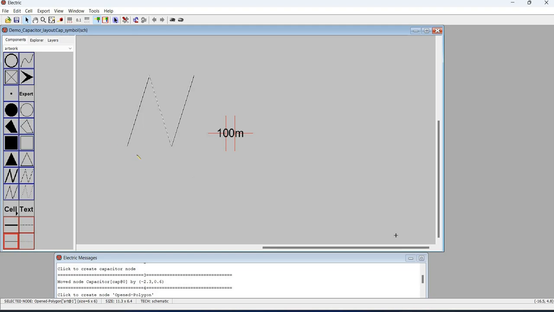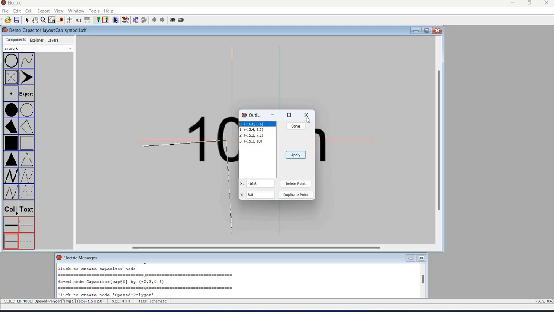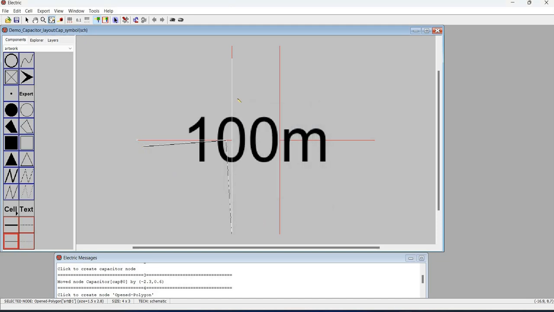You can use the shortcut key Y so you can move the edges and eventually you will have the same symbol as your original capacitor. So you can make another one on the other side.